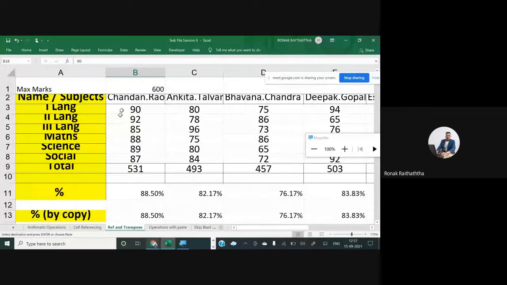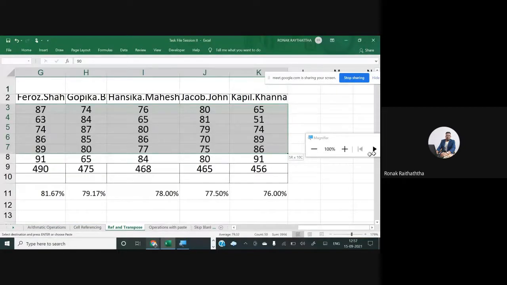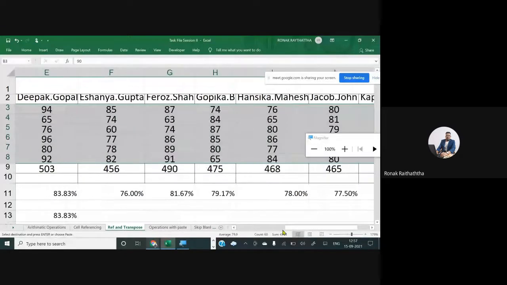And my friends, you may go to the upside table, where again we want to paste this, selecting first of all the marks of the students. And I do not want to paste the values. Please try to understand, my friends. I do not want to paste the values. We want to paste only the validations.